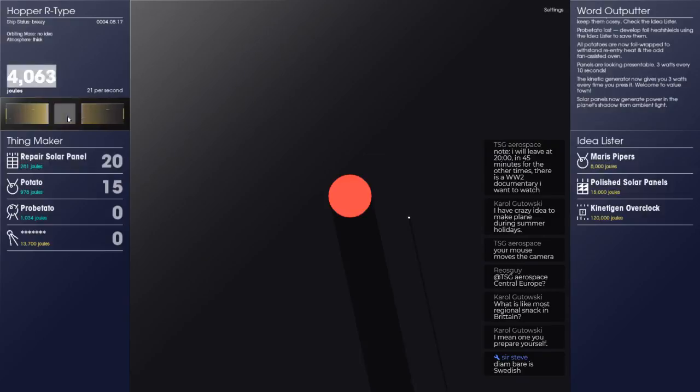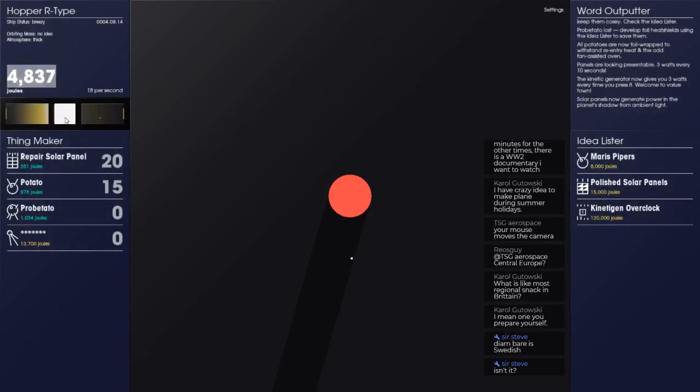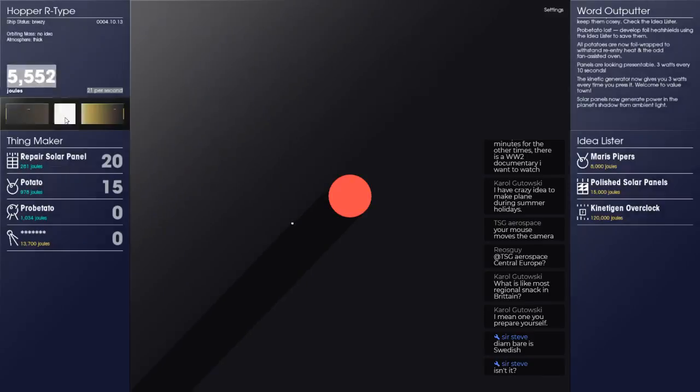Daim bar is Swedish. Oh, nice. I don't know. So, Steve, help me out here. You're a traditional British person as well. What snack would you make yourself? I'm weird. I pour molten hot sugar and cream together to make some weird fudgy stuff. The Scots call it tablet. It's weird stuff. Bacon sandwich? Strong choice. Some would say that's Danish, but still, it's a strong choice. Scone, cream, jam. Scone, however you want to pronounce it. That's a point of contention in the country at the moment.